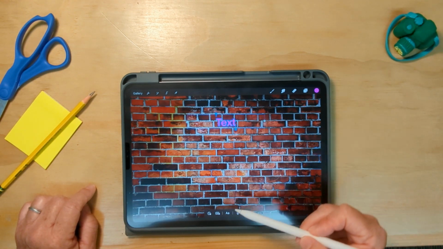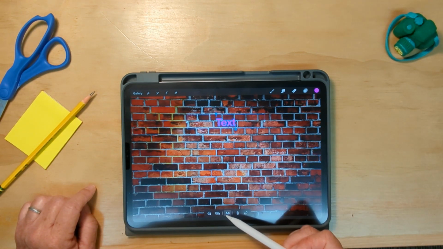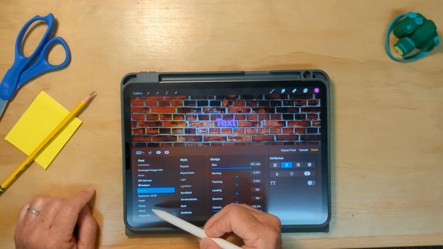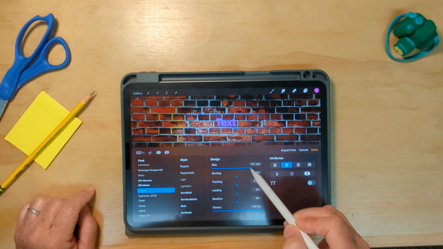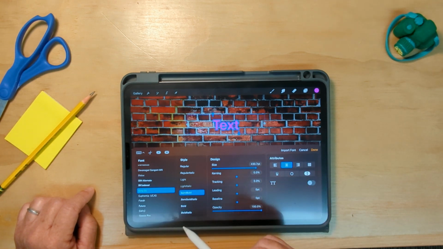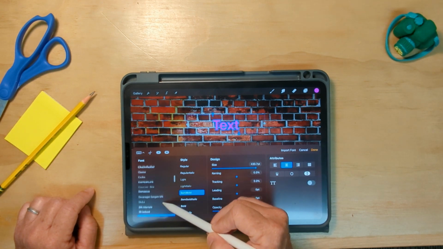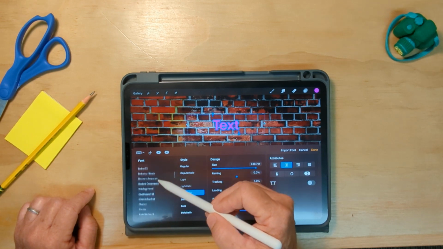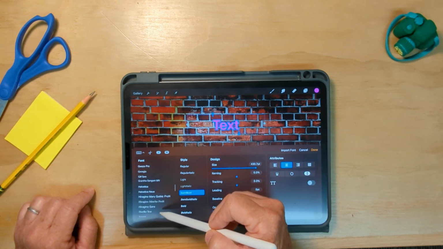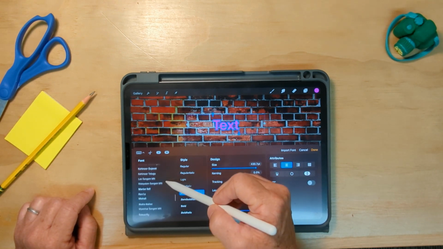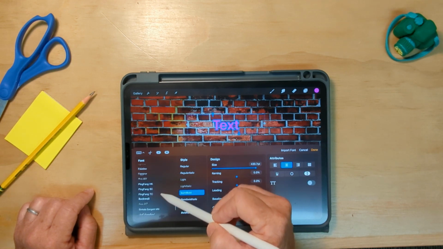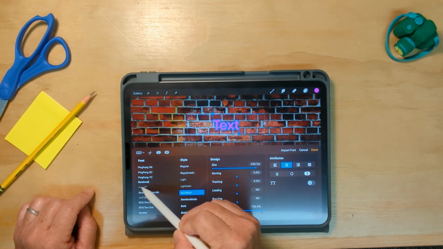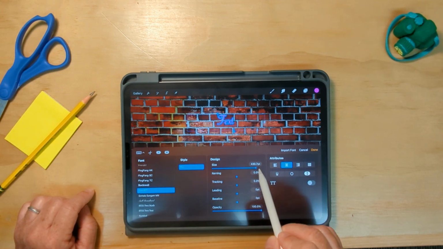Next, you're going to go down here to the bottom and click on this capital A, small a. That's going to give you different choices of fonts, and you can also adjust the size of your text. I want to choose a handwriting cursive script font that is fairly narrow, not bubbly. So I'm going to look down here, and I think I might go with this one right here,